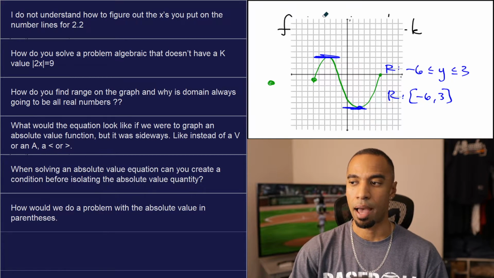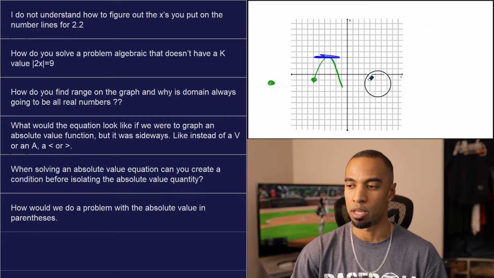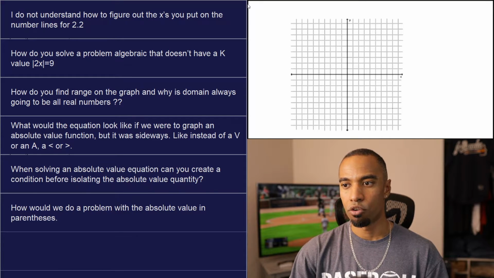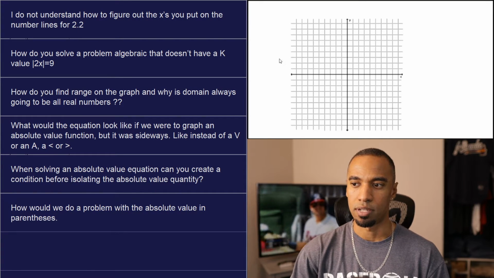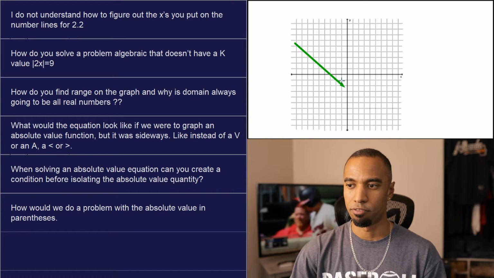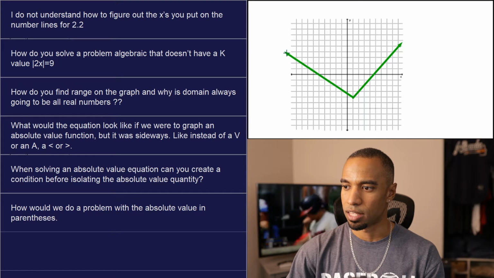And if we're talking about absolute value functions, and you might be talking about them because you asked about domain being all real numbers, although they go forever left and right, they don't go forever up and down because of the V-shape of the vertex. When it hits a vertex like this one right here,